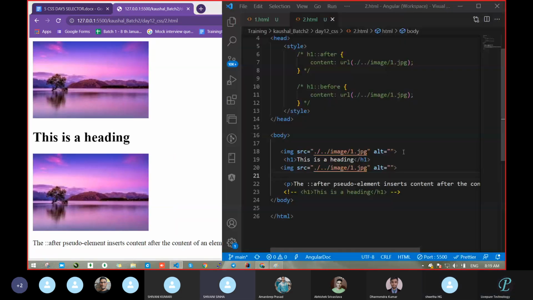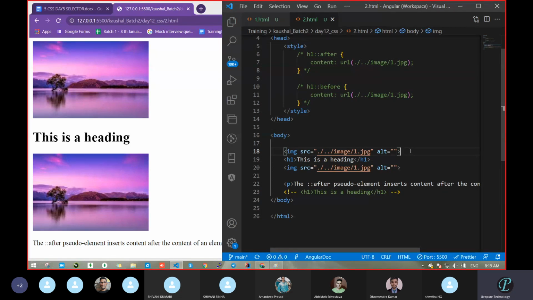Yes, sir. This shows block. Yeah. So due to the H1, H1 is a block level element, so your image came on the next line. Okay. There is an option, like we can convert block to inline, that type. But what we did here is a big image. When you have a small image like icons, emoji, those GIF emojis, and you want that emoji only after this one, in that case you can do it this way only.